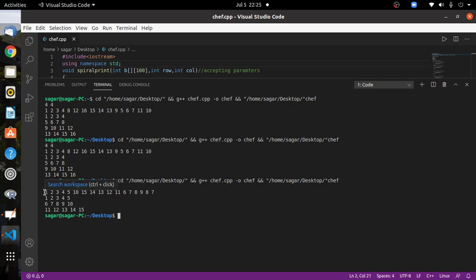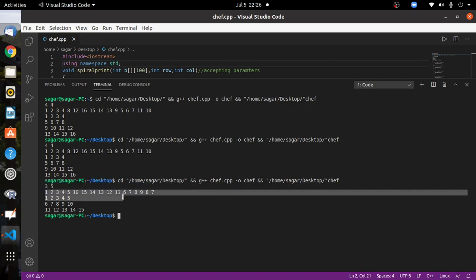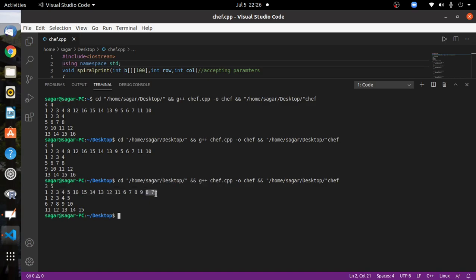Technically and ideally speaking, the values which are printing and the iteration which is being done should be till here only. We are getting 8 and 7 as an extra output generated from this code, right? So why are this 8 and 7 being printed extra? We have to see this also.